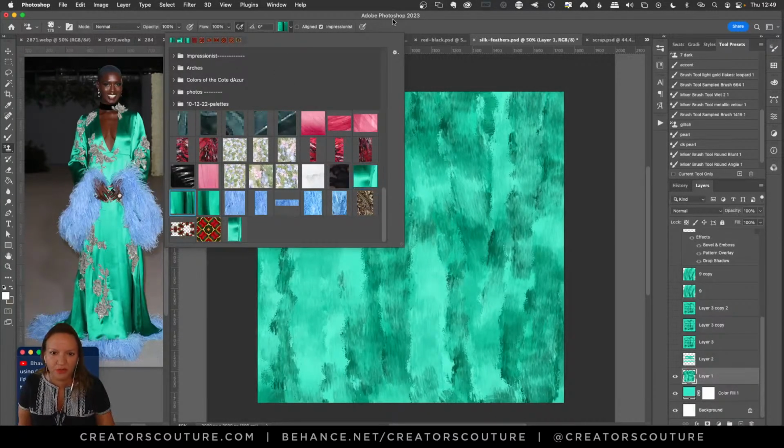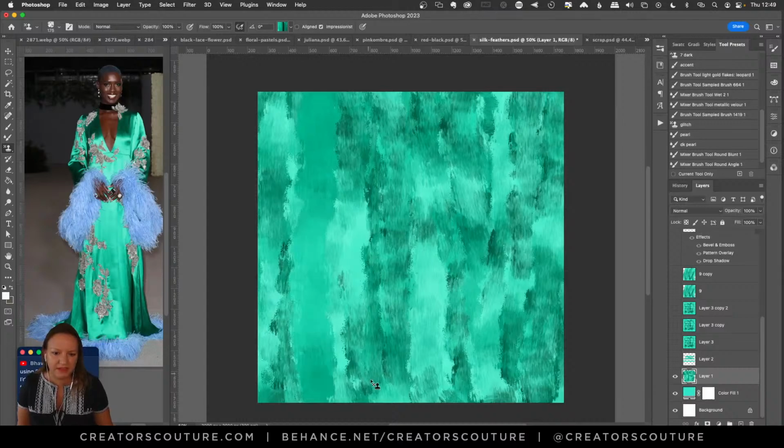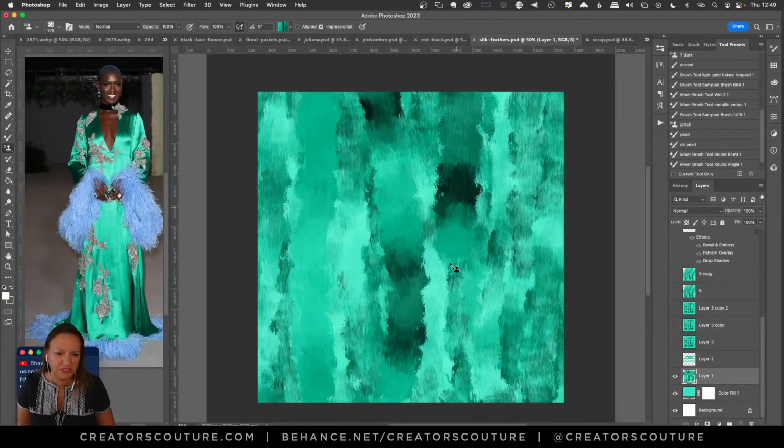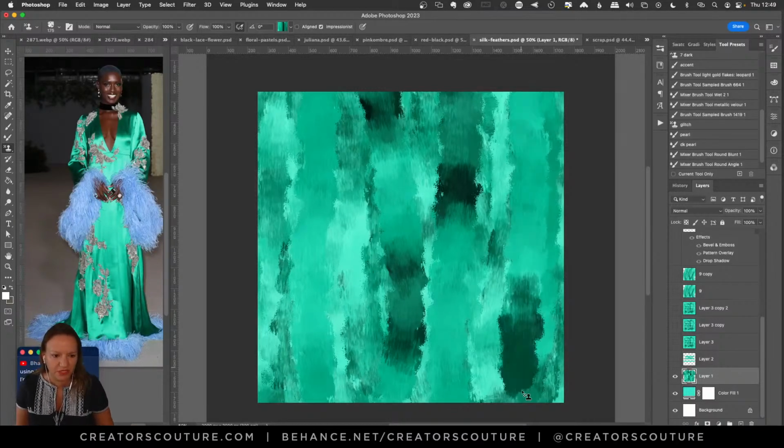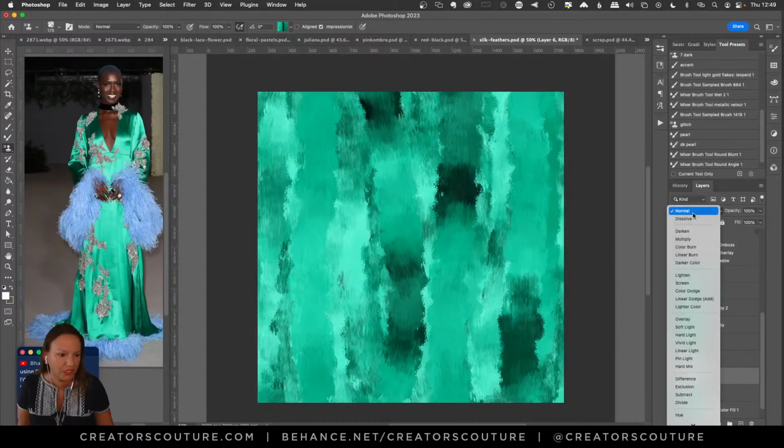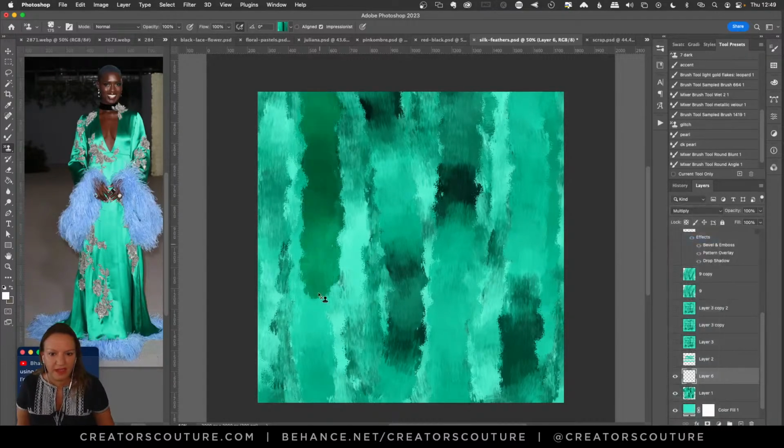Maybe I took a darker one, and I just kept changing my color palettes until I made sure that I got some dark spots as well. And you could even make a new layer and turn that into multiply, and have some that are a little bit darker, or what have you.